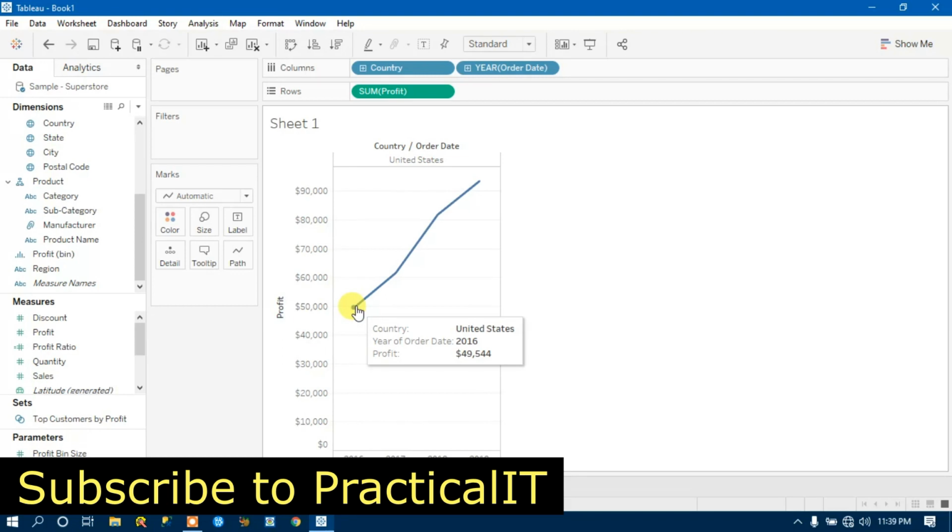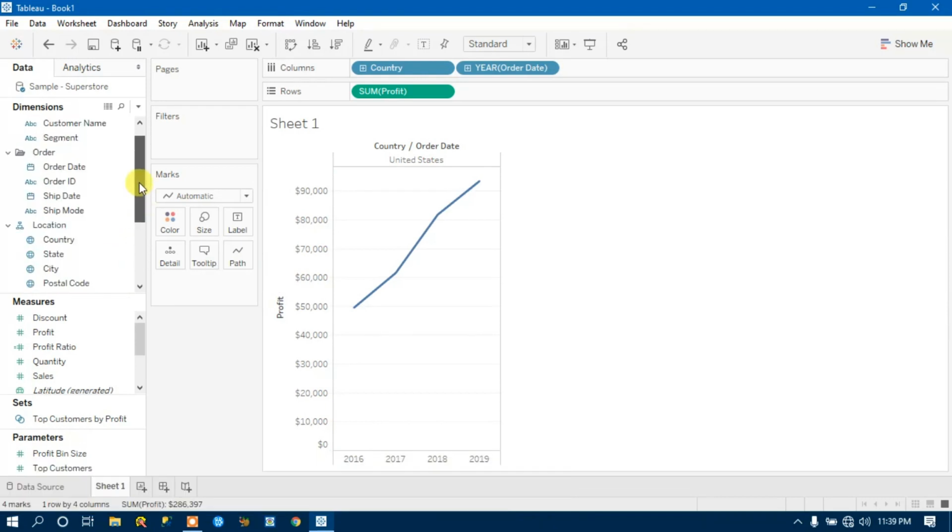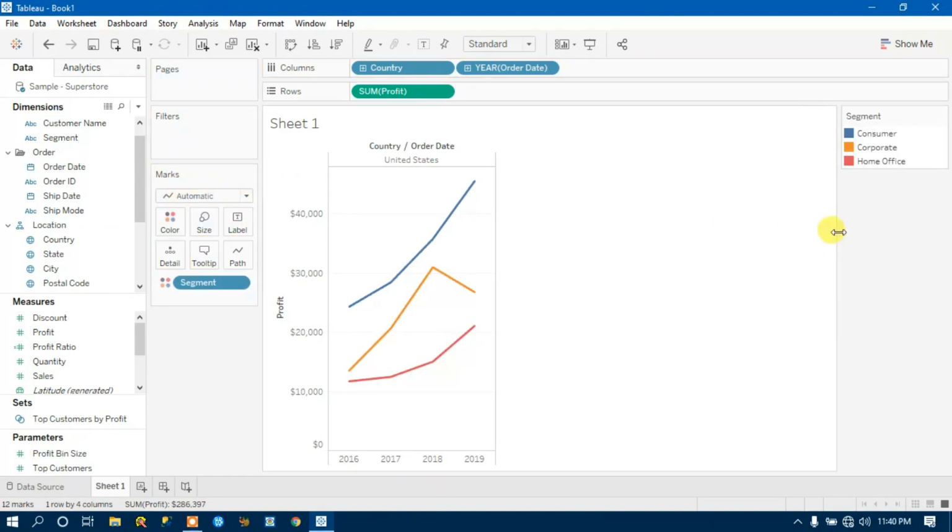Let's suppose I want to apply some filter, let's say on segment. If I click it over here and give it to color, it will segment our dimensions by consumer, corporate and home office.